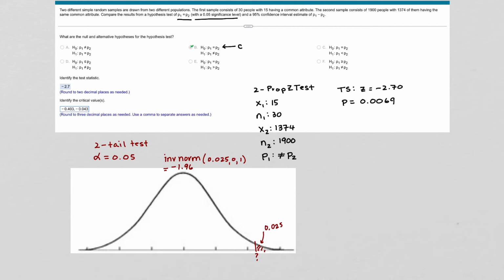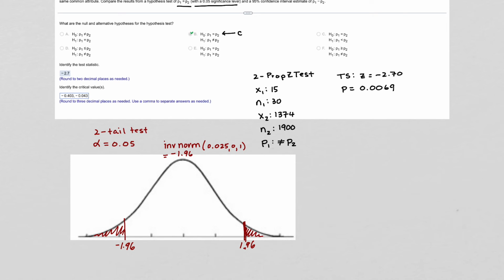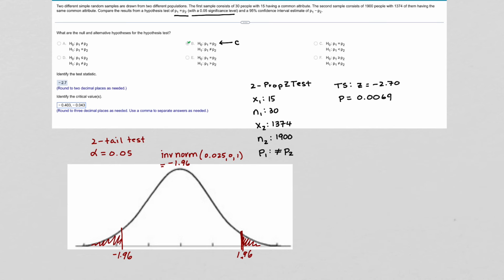So now I'm going to come back here. I'm going to adjust my limits, right? I want this to be a little bit before 2 and negative 2. So here we go, like that. And so we have negative 1.96, and then this would be a positive 1.96. Not letting me draw my decimal point there. Okay. All right, so there we've got our critical values. And then when I look at where is my test statistic, that's at negative 2.70. So that's going to be way down around here. And it's falling in that critical region,